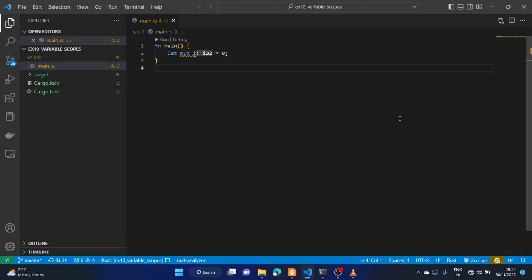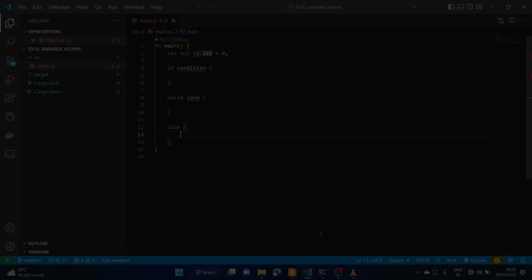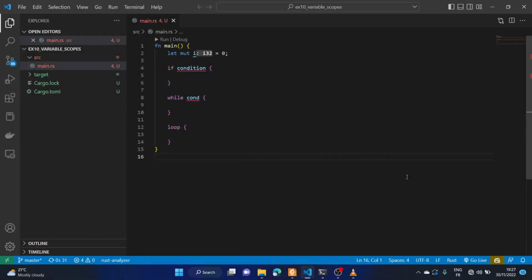We have looked at while loops, we have looked at if statements, and there's something we have seen. In this function main, we notice that we have a starting block and a closing block. In an if statement, you have your condition and then you have a block. In your while, you have a condition and you also have a block. In the loop, you have the block stated right there. So we have seen the different blocks that we have, and these blocks make things quite complicated for us in